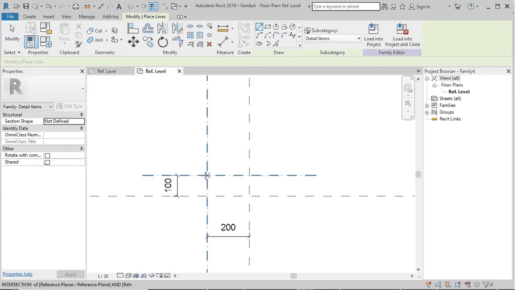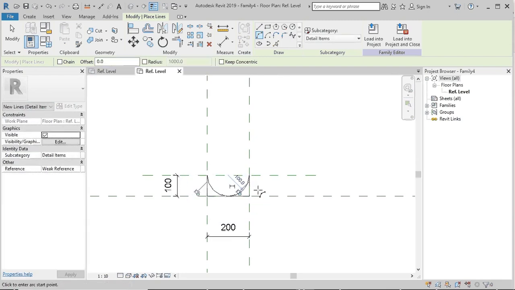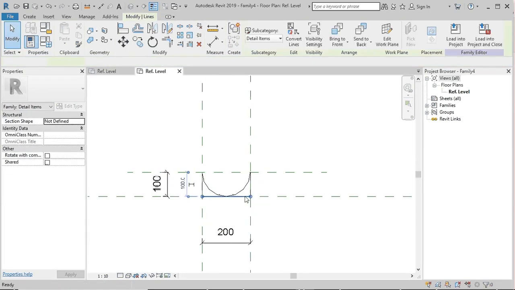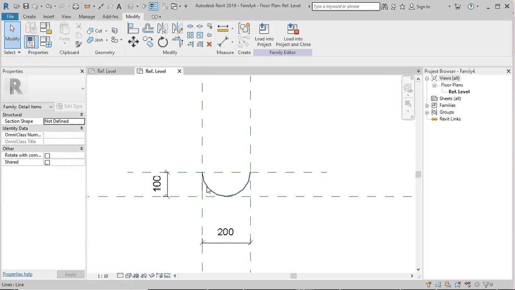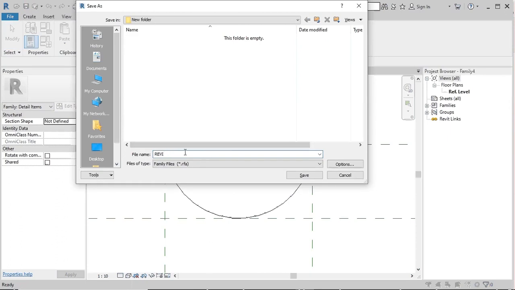Follow this same method for the revision cloud family creation, and you will also be able to do this family creation. Now this arc is ready. Save this family. After that, you can load it into the other main family.